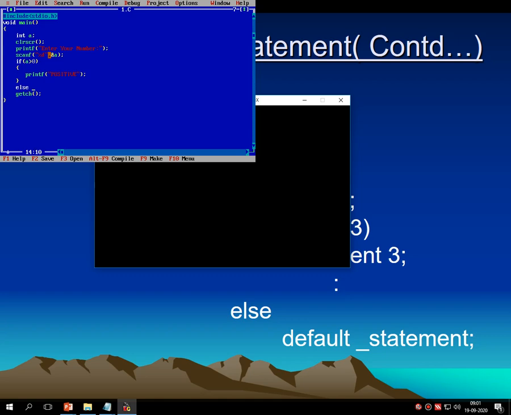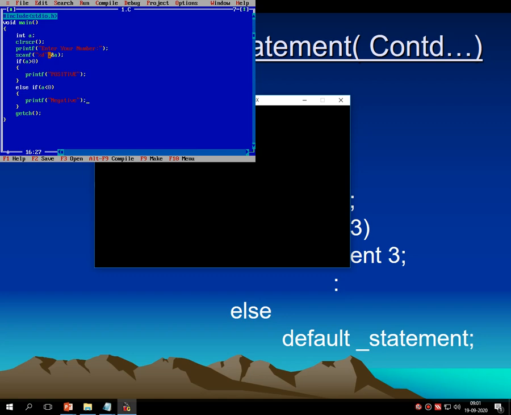Second condition is else if. All the optional conditions should be in else if. Else if a less than 0. If this condition, condition number 2, is true, then printf negative, always negative.